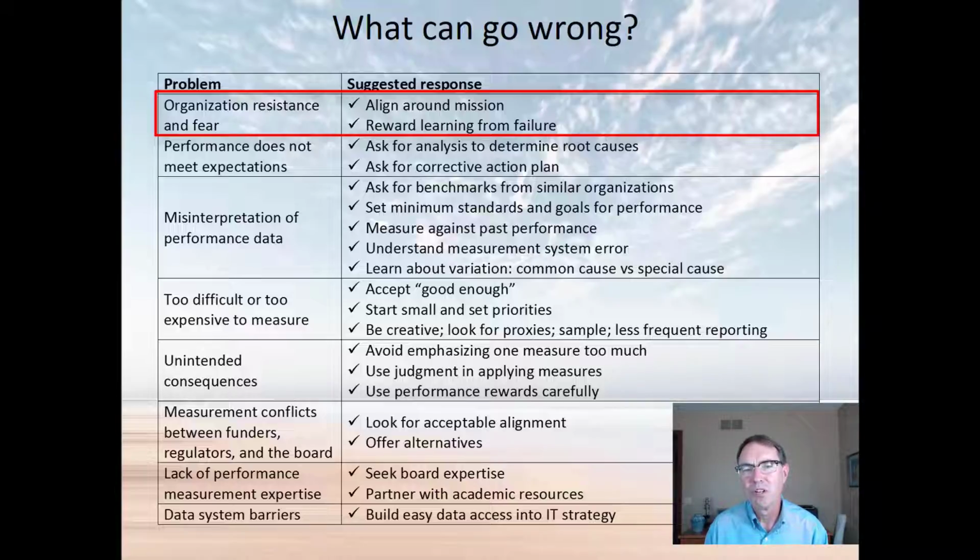Also, to create a climate where failure is rewarded. Now, you don't want to encourage failure, but you want to reward the admission of when things aren't working well and the learning that comes from that. And that was so well illustrated, I thought, with the Engineers Without Borders case example, where in order for them to get better, they had to admit they were making some mistakes and they needed to do a better job. So you want to make that a positive experience, not something that is punished.